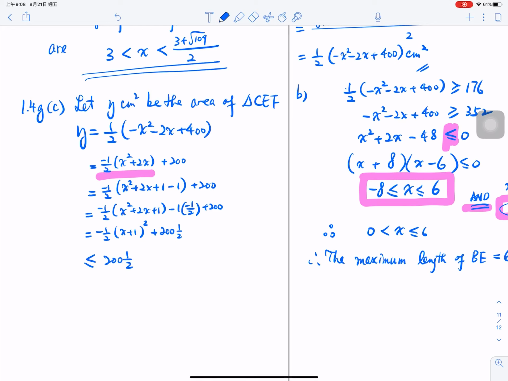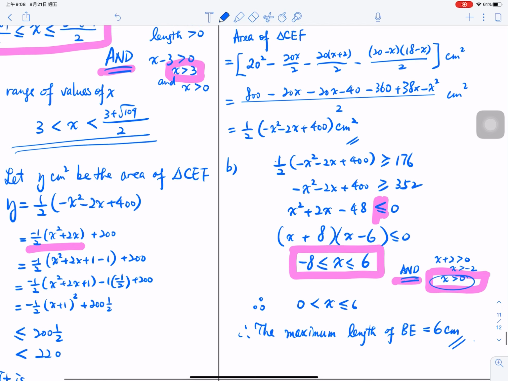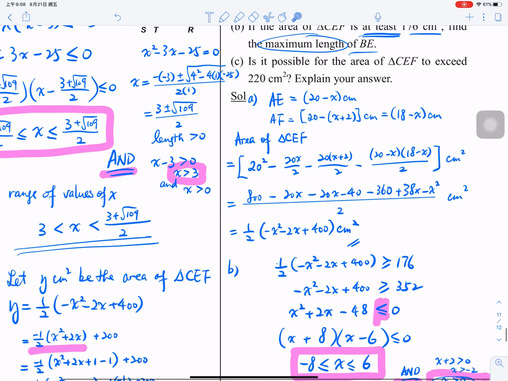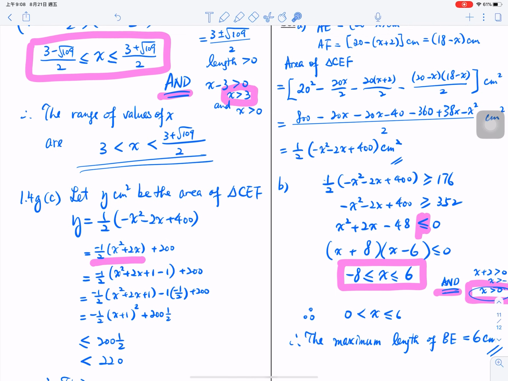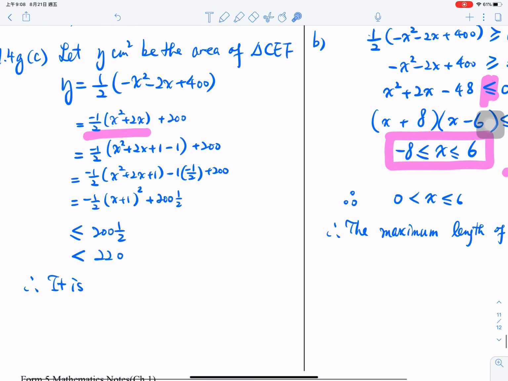It must smaller than 220, right? So the question asks is it possible area to exceed 220? It must smaller than this one, so it is impossible